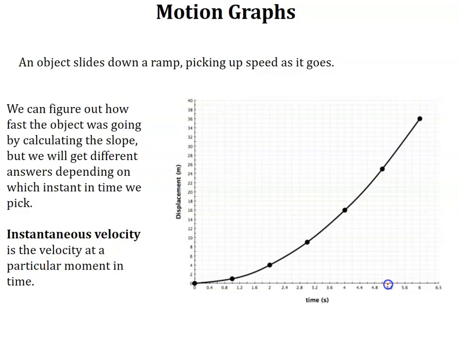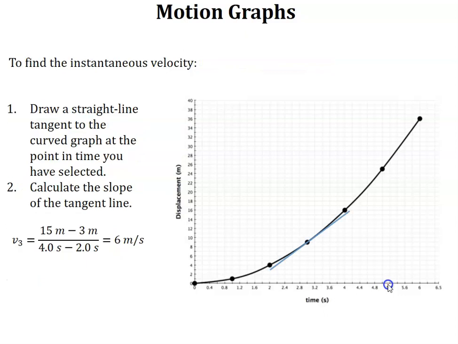So here's a graph of an object sliding down a ramp and picking up speed as it goes. We can figure out how fast the object was going by calculating the slope. But in this case, because it's a curved line, we're going to get different answers depending on which instant in time we pick. That is what instantaneous velocity is. It's the velocity at a particular moment in time. So to find the instantaneous velocity, we need to draw a straight line tangent to the curved graph at the